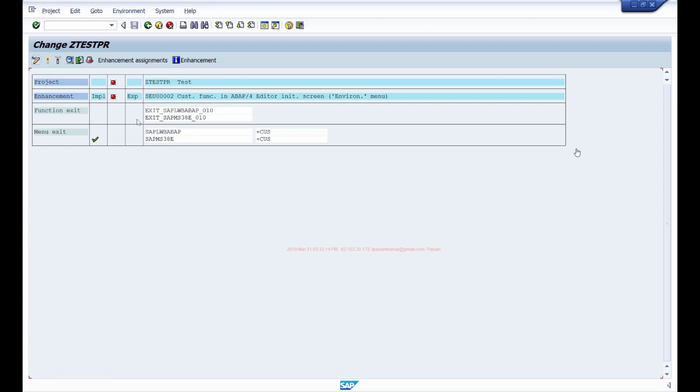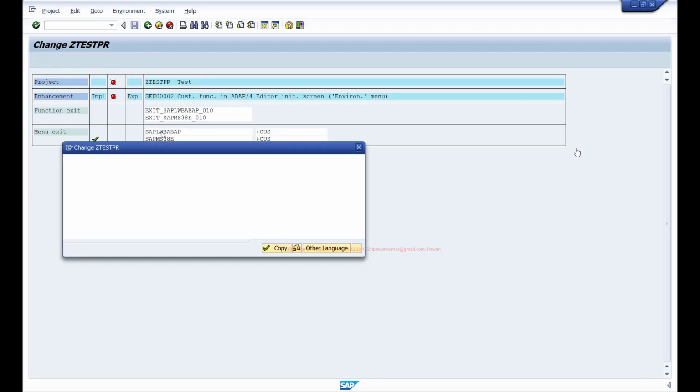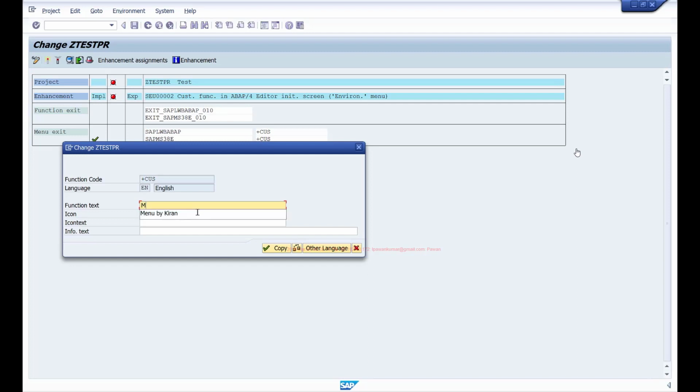Go to change mode, double click on this, maintain your menu, let's say menu by Kiran, and let's say test from menu exit.